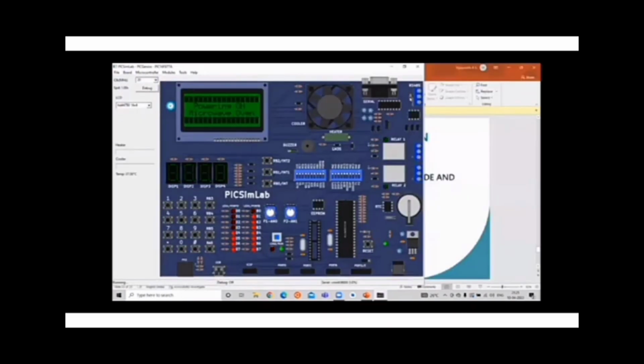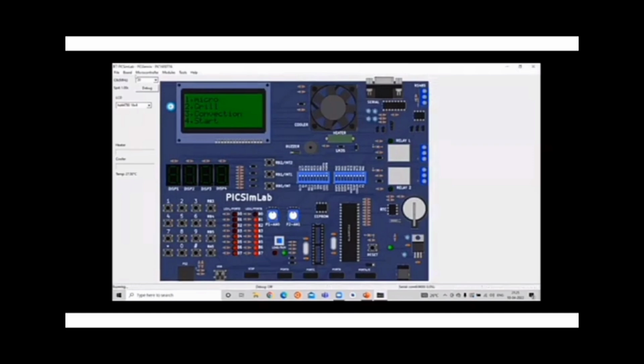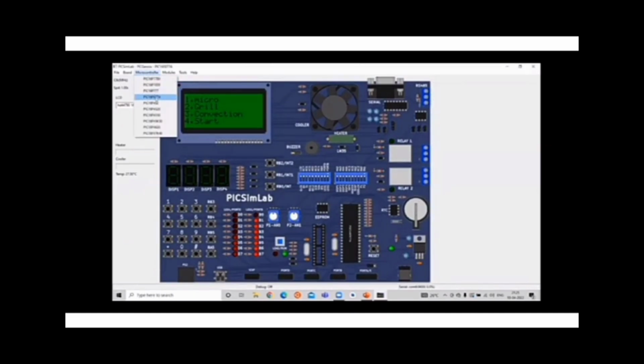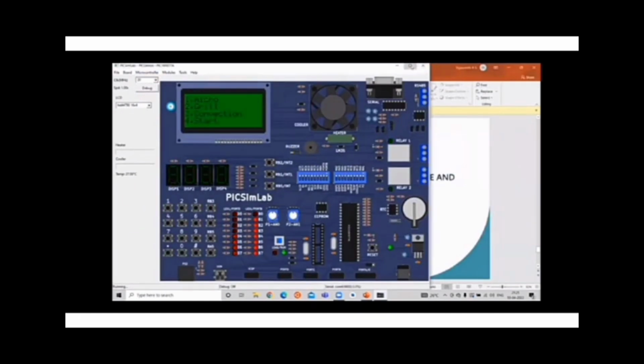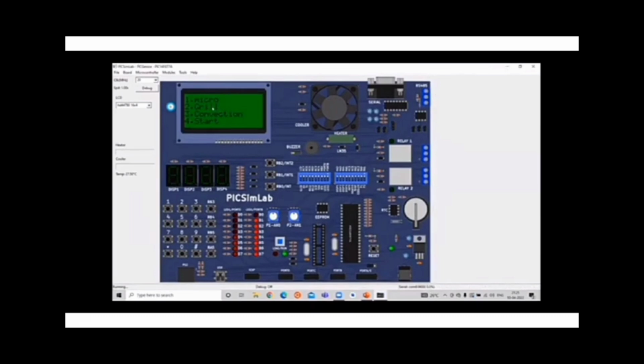The microcontroller is PIC16F877A. Before that, I said earlier that a microwave oven is an electric oven and it heats and cooks food by exposing it to electromagnetic radiation in the microwave frequency range. In this busy life, a microwave oven is very helpful for some cooking purposes. So after that configuration, we now start the demonstration.